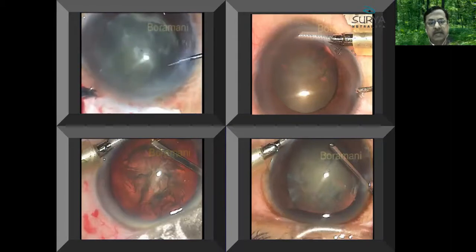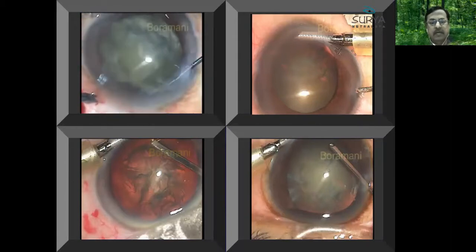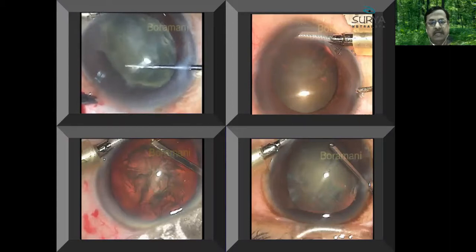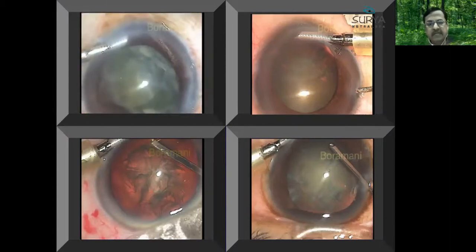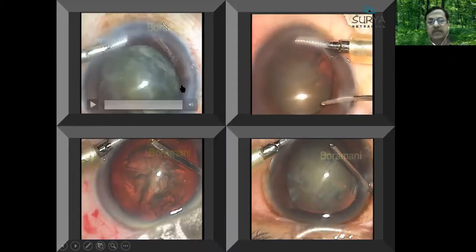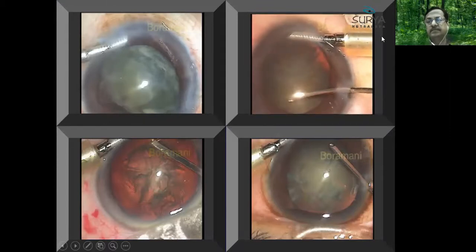So once one edge of the nucleus starts popping out, do the rotational movements. With the rotational movement, the nucleus itself acts as an expander of the capsulorhexis, because the capsule is very elastic. So the nucleus itself stretches the capsule, and gently with the rotational movement, you can take out the nucleus.